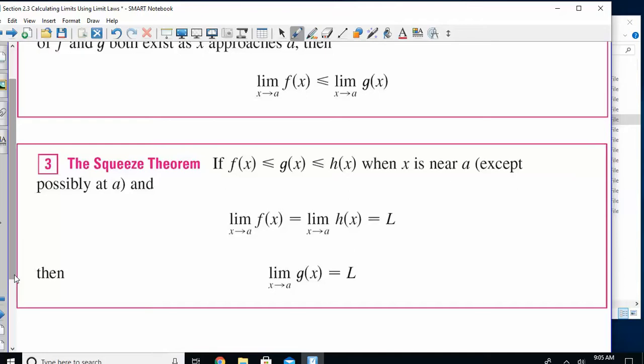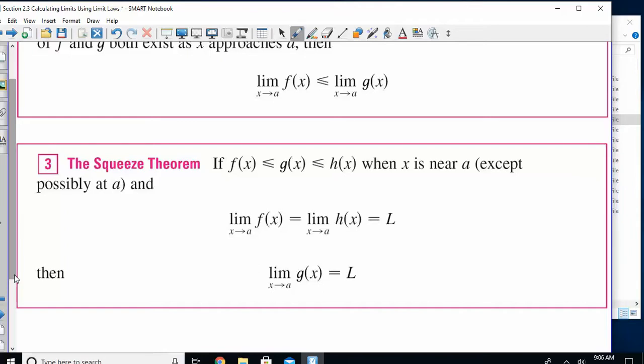Sometimes we may have a function that we can't do the limit of. Right now we can do the limit of a fraction as long as we can get the denominator to cancel out. We can do polynomials. But if I gave you something uglier that we didn't have any limit laws for, we couldn't do the limit of it. However, if we have two other functions, one that's always less than that one, that's always bigger than that one,